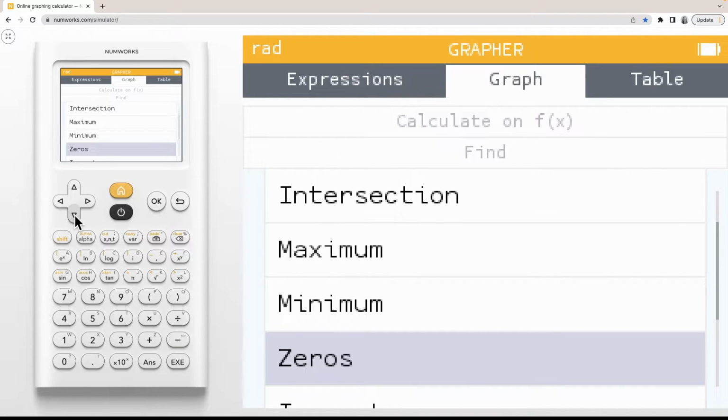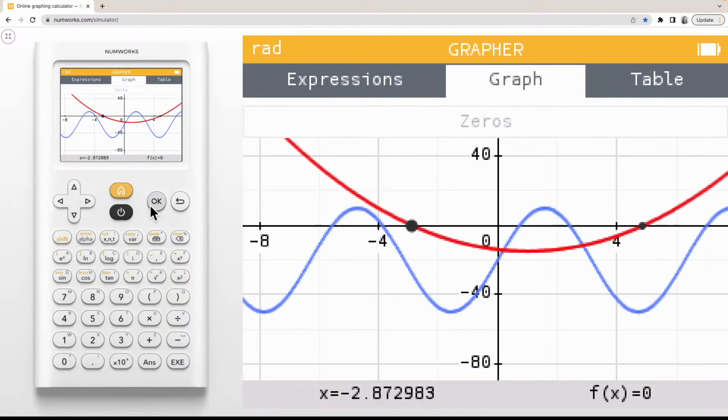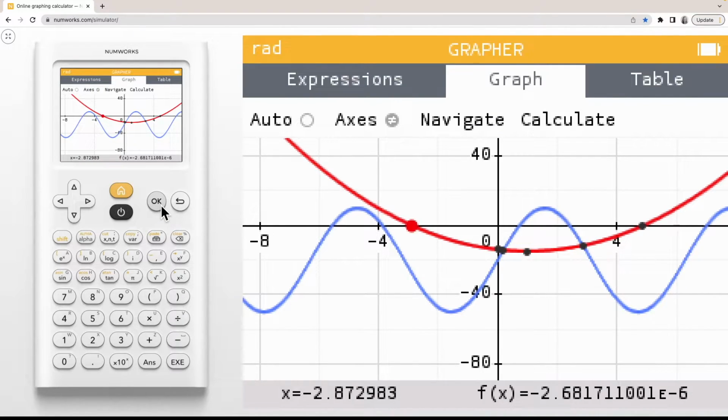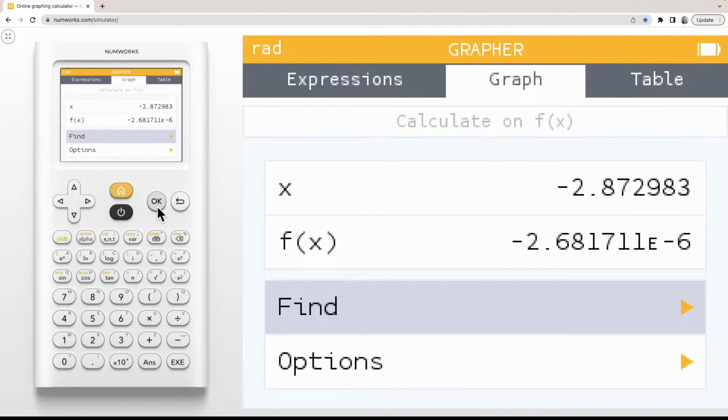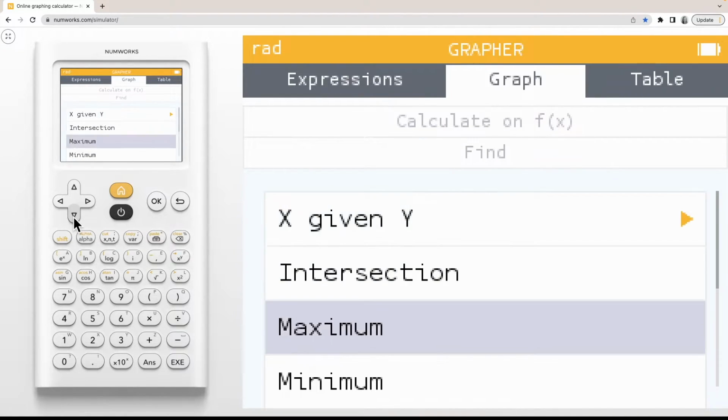Whenever you calculate on a function, you'll notice that we'll always snap to those values. For example, pressing OK on 0 takes me to the 0 of the quadratic. This function has two zeros, so I can use my right arrow to toggle to the other 0, and then my left arrow to toggle back. Pressing OK again and OK to open up that Find menu one more time, we'll see options for calculus features